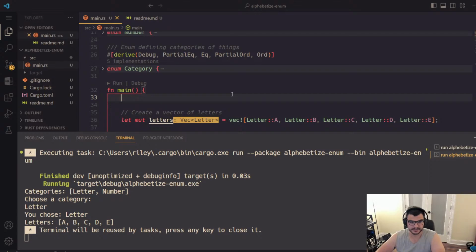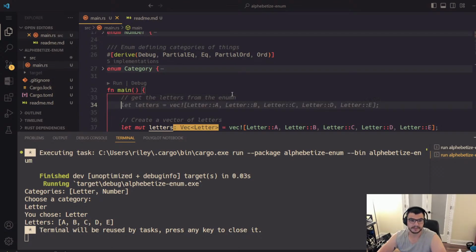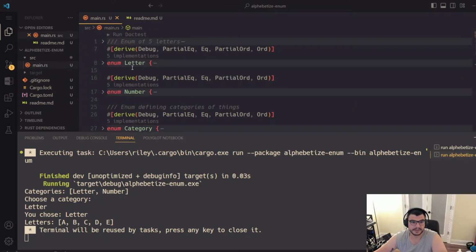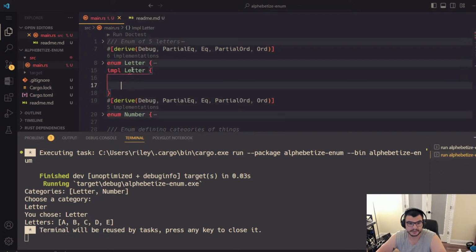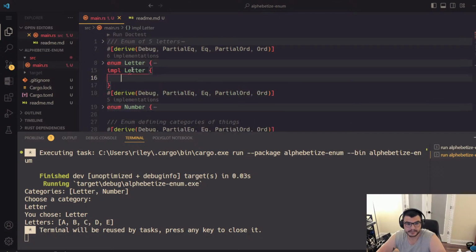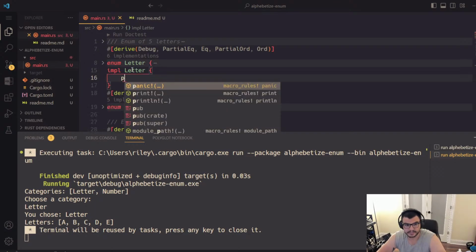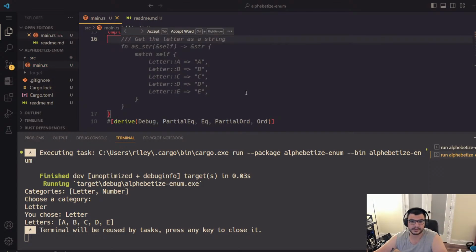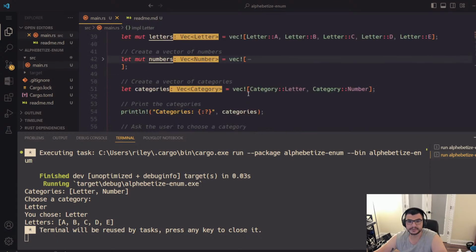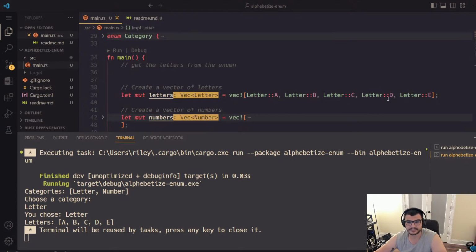So I wonder if I can say get the letters from the email, and then we would have to say impl letter, and then get the letter as a string. So we can do this, right? But it's not going to give us the